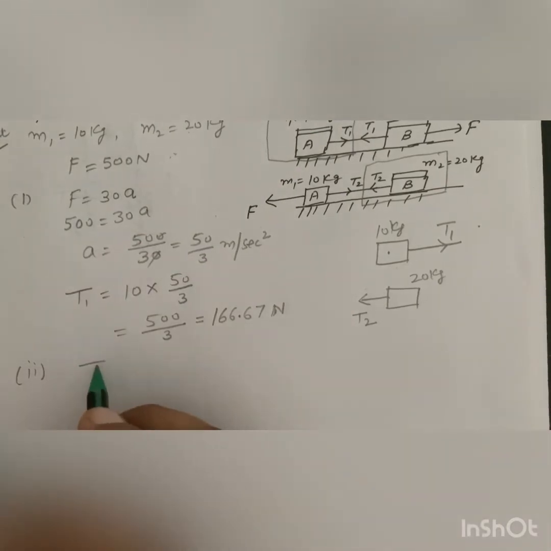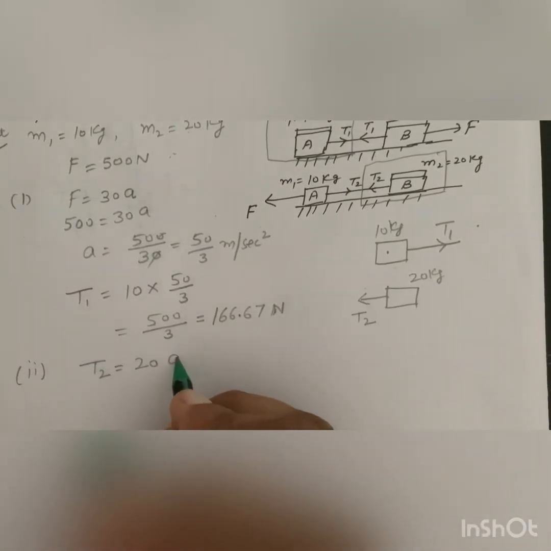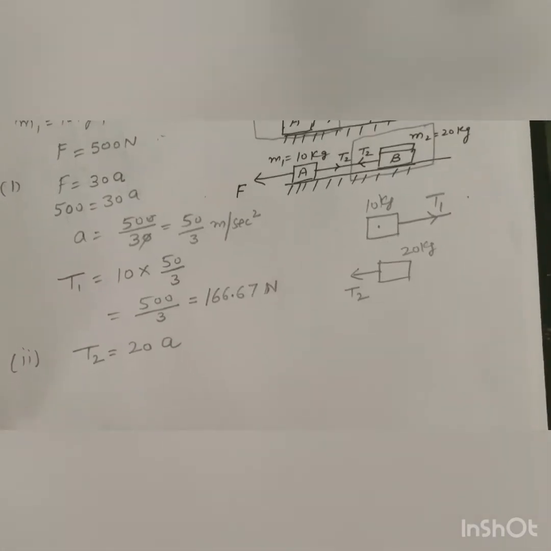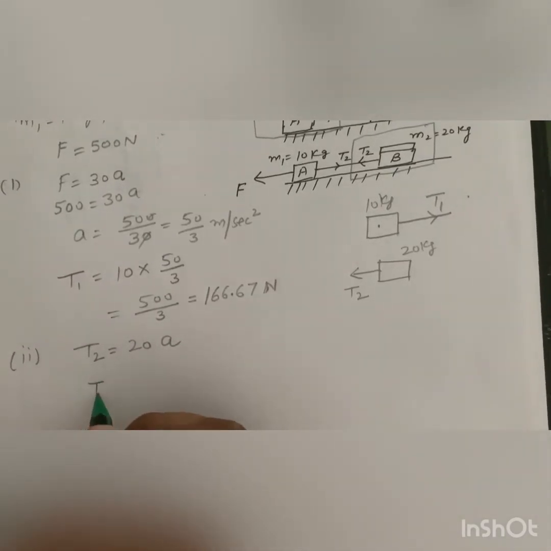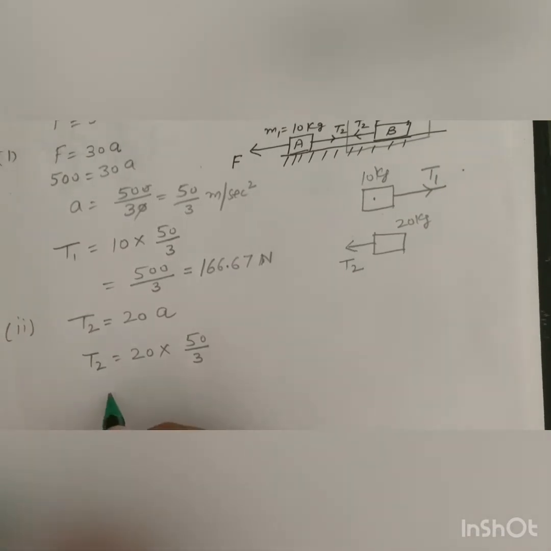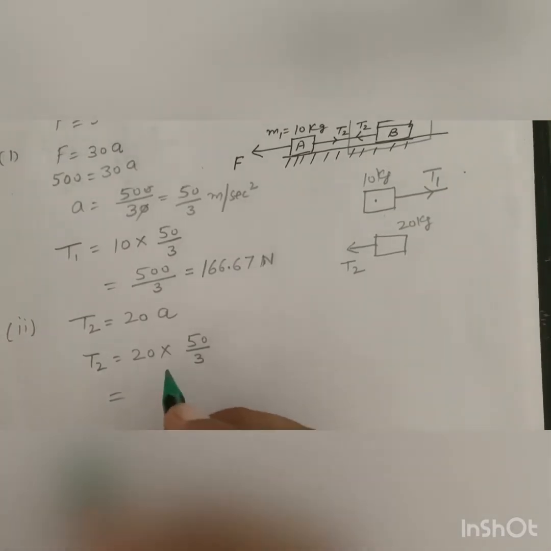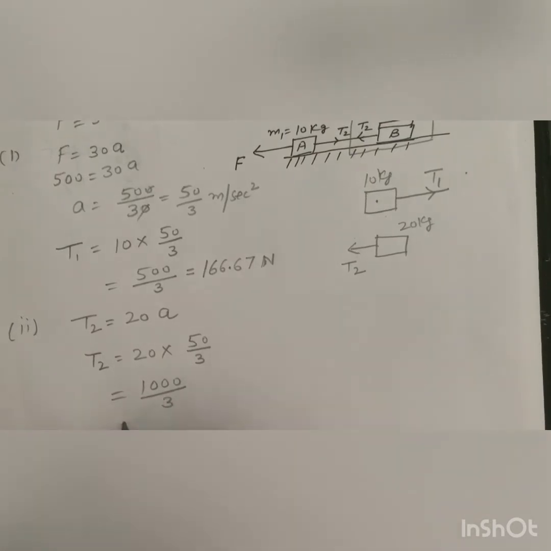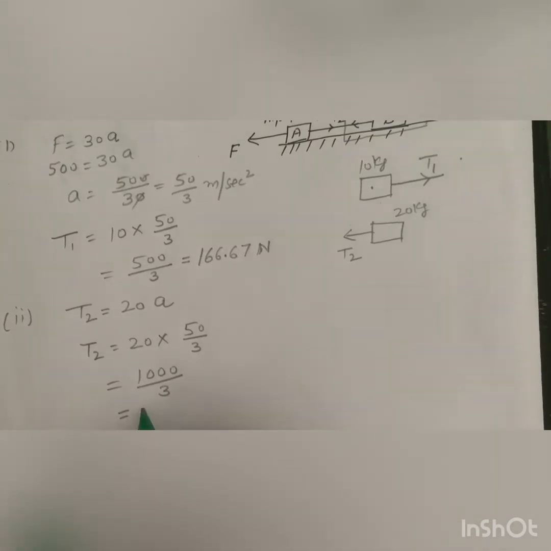So we have T2 equal to mass into acceleration. Acceleration is A. So here we put the value of acceleration, that is 50 over 3. We get 1000 over 3, that is equal to